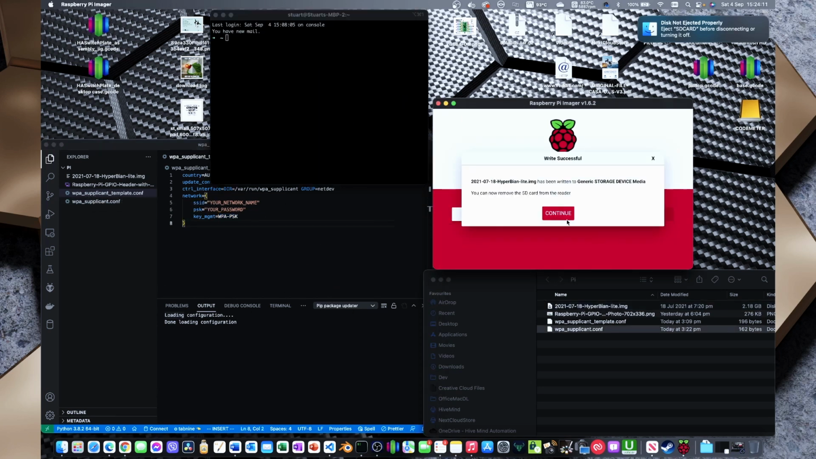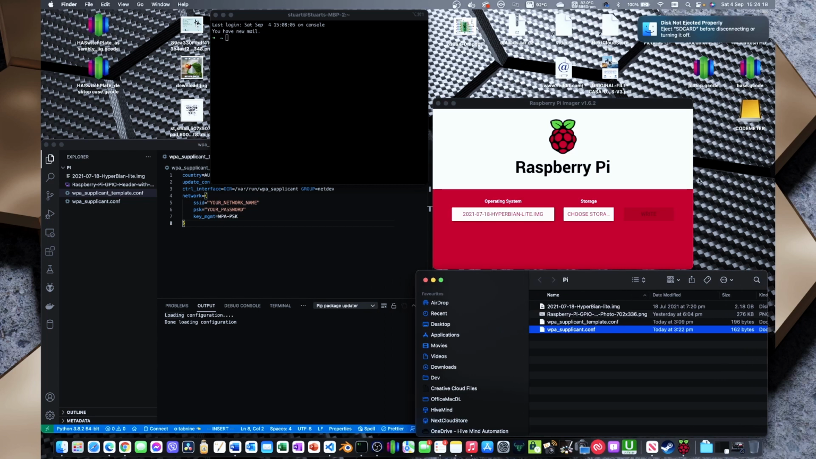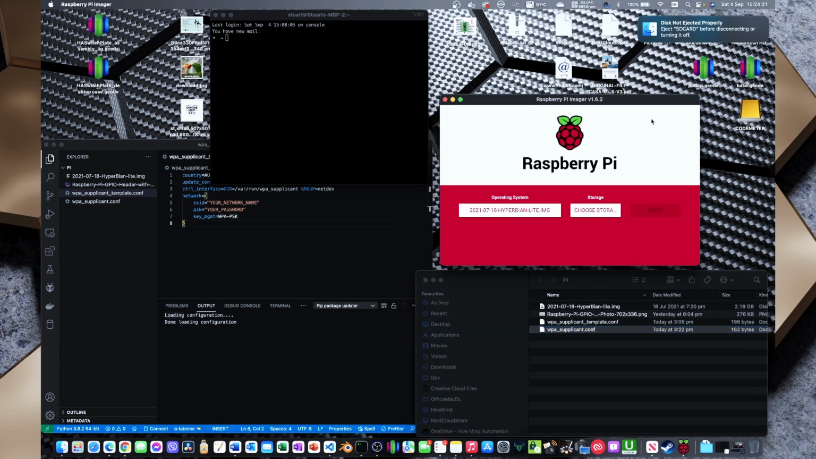Okay, great. So it has finished, so we'll hit continue on that. Now what I want to do is make sure that I've got that mounted, so I'm just going to eject the card and then put the card back in so that we've got the boot drive there, and I'm going to copy wpa_supplicant.conf over to there, and the other thing that I'm going to do is enable SSH,